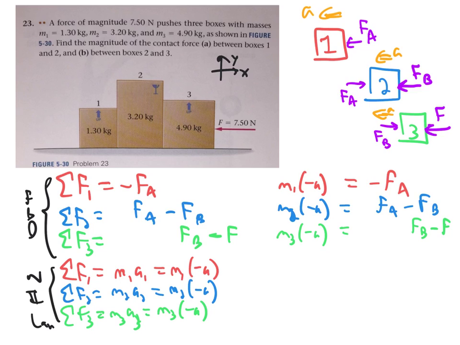I'm going to go to another page, and when I do it, I'm going to pull a magic trick, and I'm going to multiply everybody by -1. And so these minus signs will go away, and these guys will flip, and these will flip. So we end up with